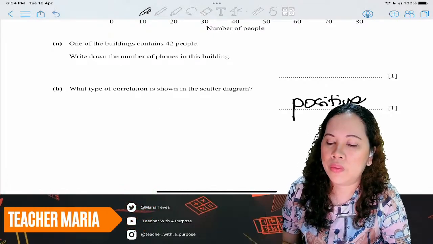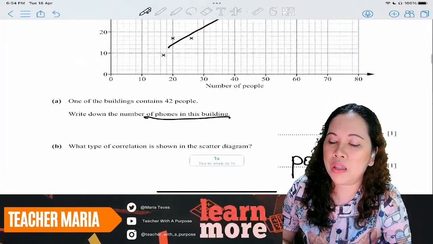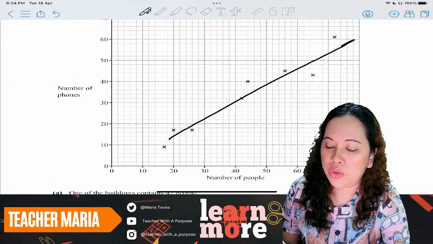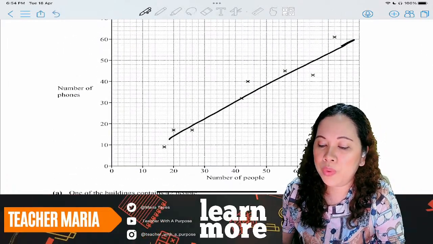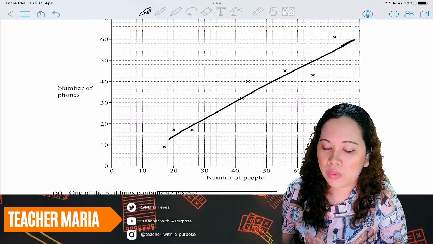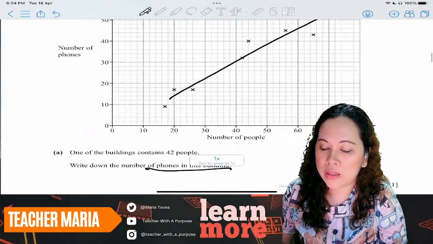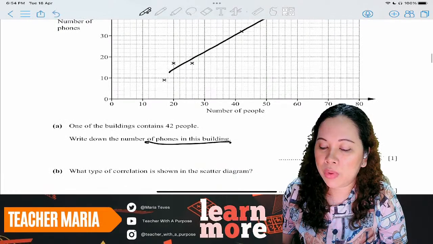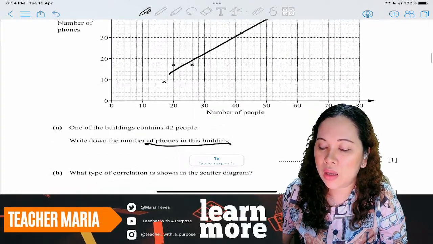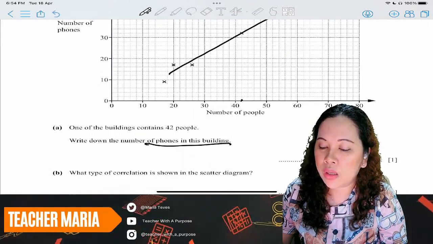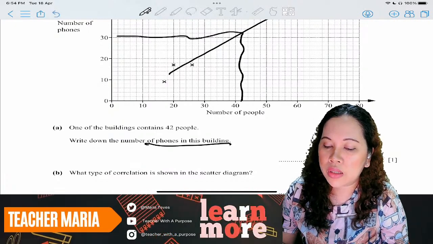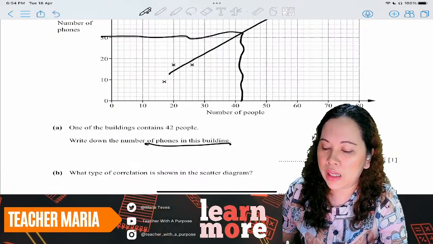Okay, so write down the number of phones in the building. All you need to do is find the number of phones in the building. One of the buildings contains 42. So write down the number of phones in this building, 42. So that's here. And then you just connect it and then you will get a